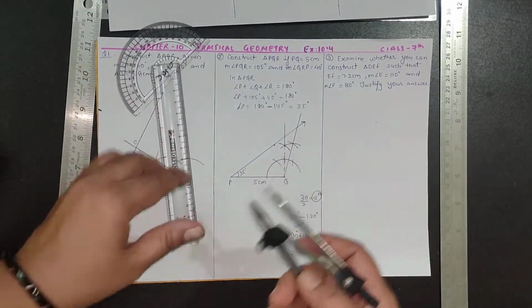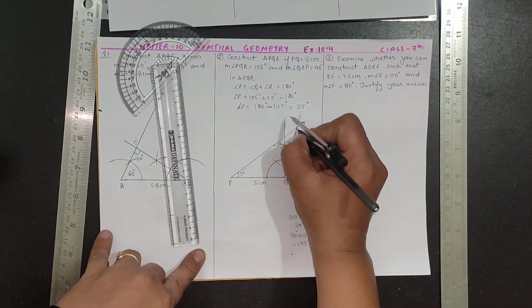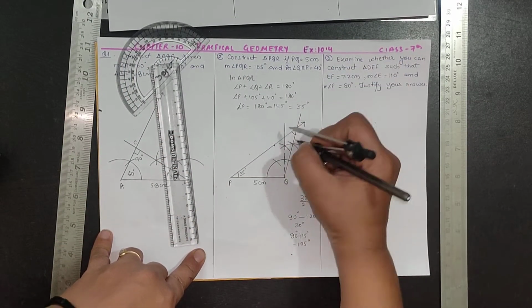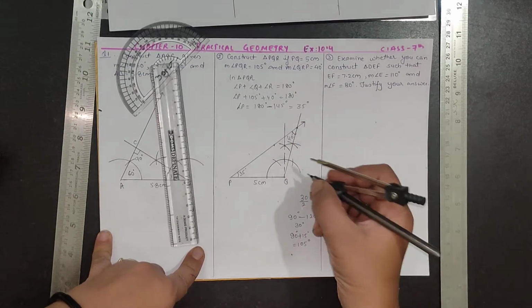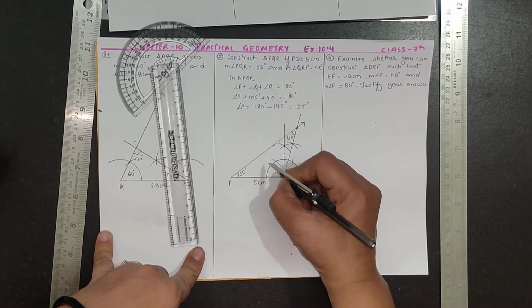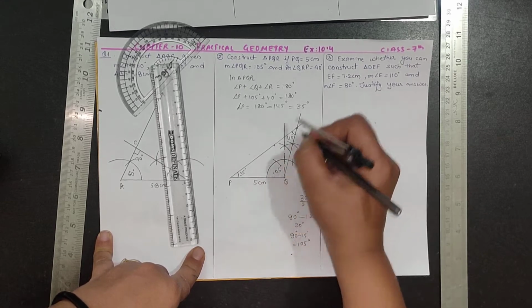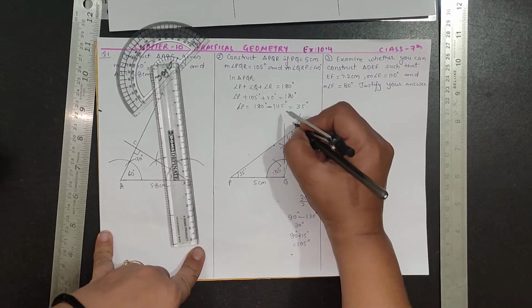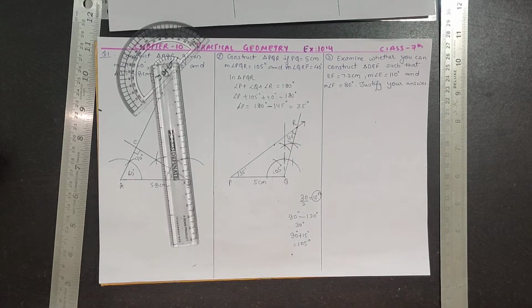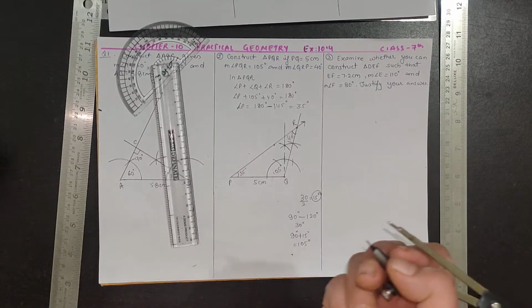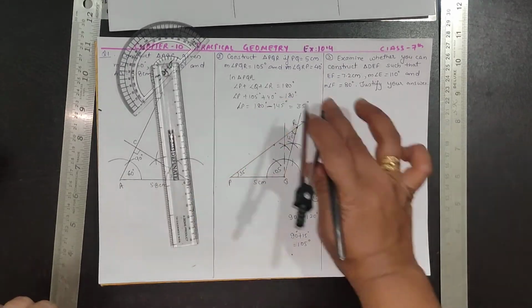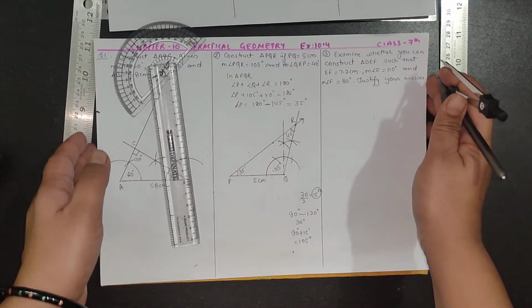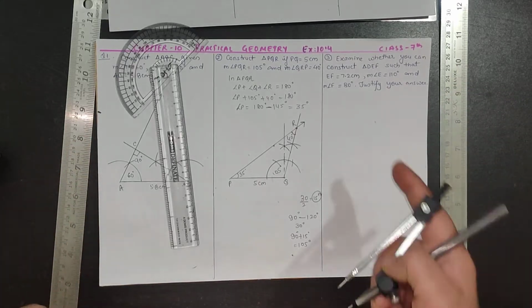And in this way you will get the third angle, which is 40 degree. You need not draw this. This is of course 40 degree because it is 35, it is 105. Whenever they are meeting at some intersecting point, that point should be of the third angle, whatever is given in your question. So in this way the second question is to be solved.